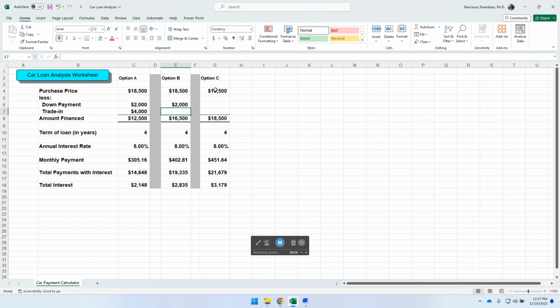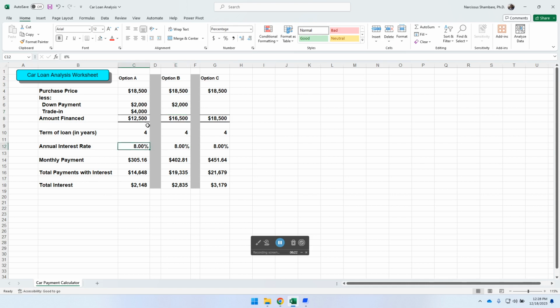And option C, we did not have a down payment, we do not have a trade in, and we can see that the interest will be $3,179, and the total, when we put the interest and the principal together, it will be $21,679. Now, what tends to happen then is that the interest is reflecting the risk that is associated with the